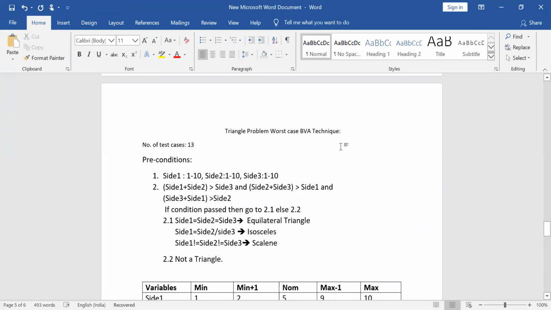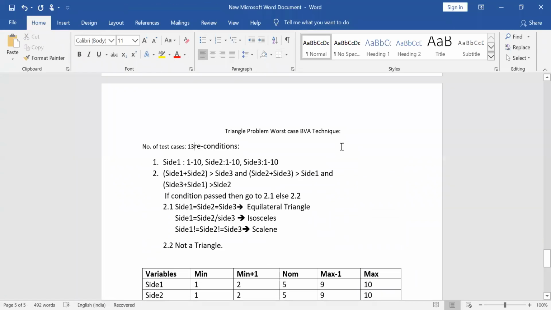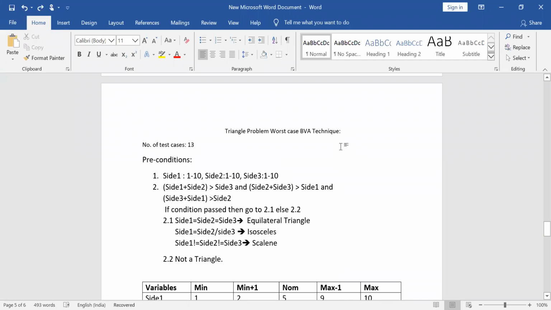How many test cases do I require? Can anybody guess? Can anybody type it? 125. Yes, Samiksha, you're right.